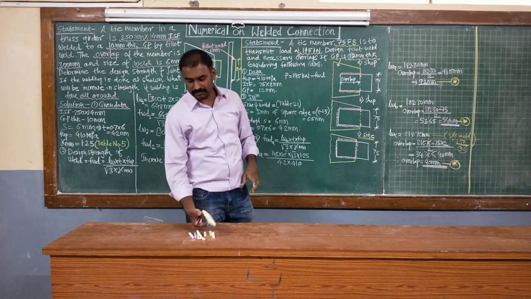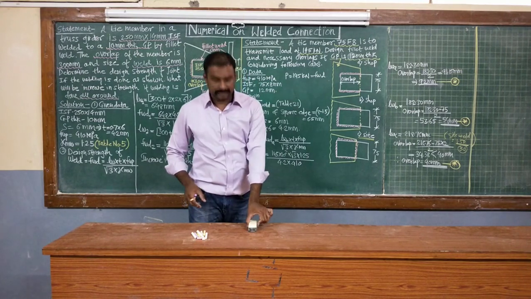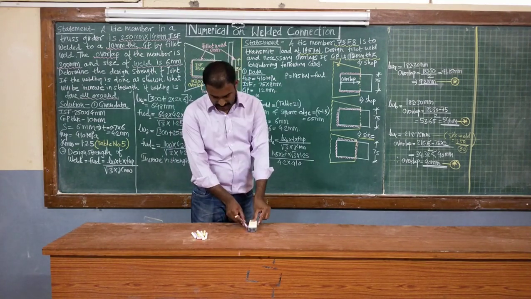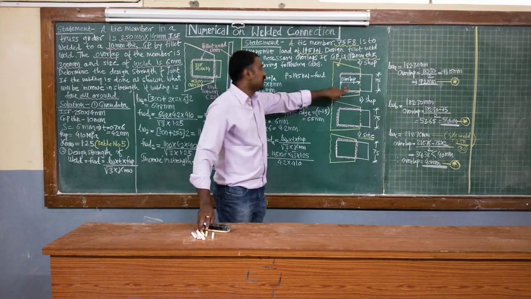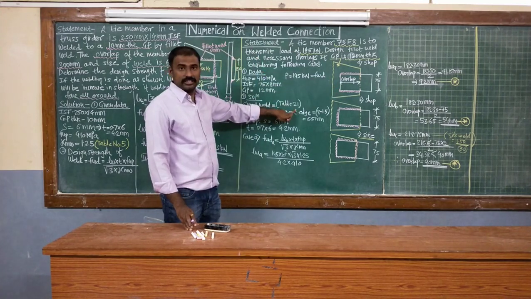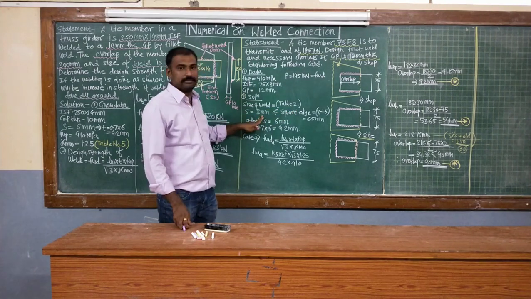You may consider this particular plate as an example. This is the Indian standard flat and it is to be connected with this plate. So welding is to be done at this particular edge. Therefore, considering that 8 mm thickness and Table number 21, thickness of thicker part, the minimum size of welding for 0 to 10 is given as 3 mm.